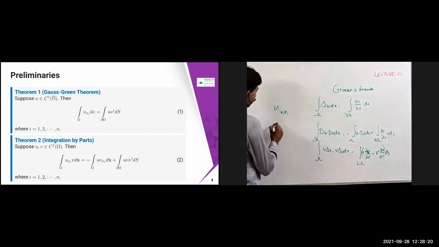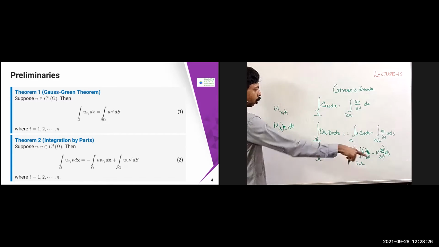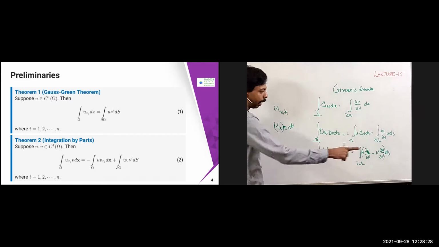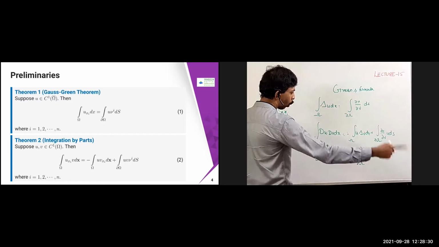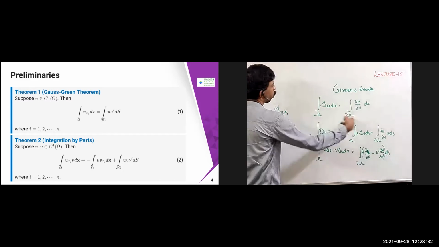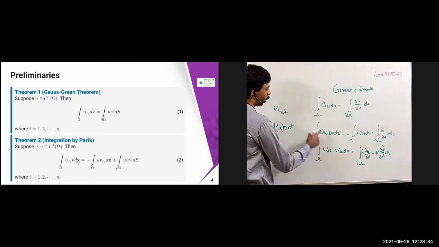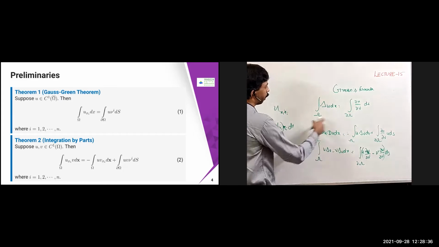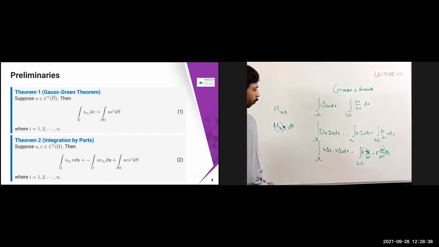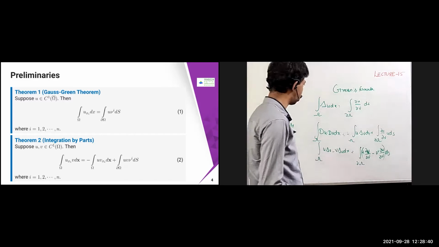So that means I can just write it as uxi, xi, dx, and then use one of these formulas, and then you can get the right hand side. Either 1 or 2, you can use that. Then you will get this one very straightforward. Similarly for this one, use the 1 and this formula, then you will get the answer. I just leave it to you as an exercise, just explore it.